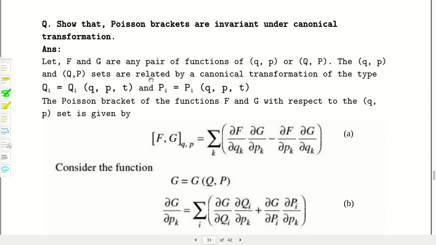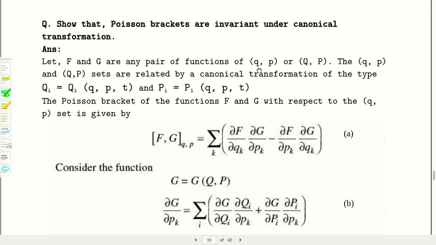Now the next and last question on Poisson brackets. What is the advantage of Poisson brackets? In the previous class we discussed canonical transformations and found the rules of canonical transformation and the generating function. We saw that the transformation from the old coordinates q, p to new coordinates capital Q and capital P is called canonical if there exists an exact differential, that is p